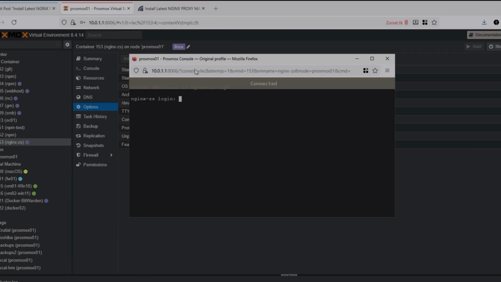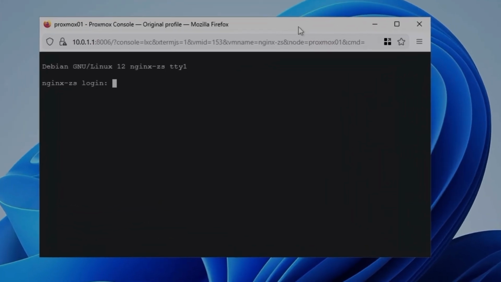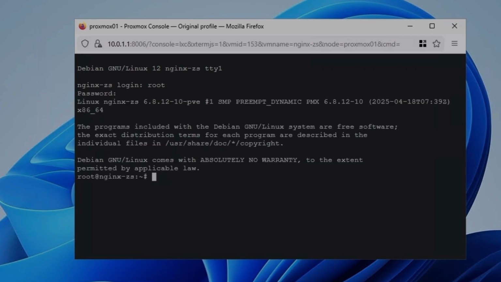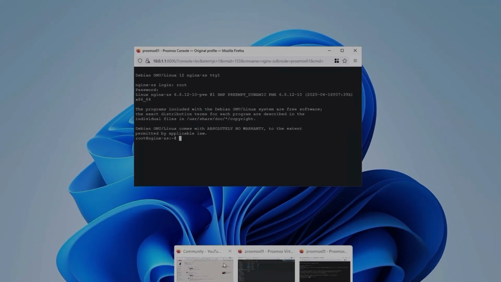Okay, so open the shell of the machine. Just gonna minimize this, and it's always root and the password you set while creating the machine. Okay, so you don't have to do apt update or apt upgrade since I already have it in my script. And then